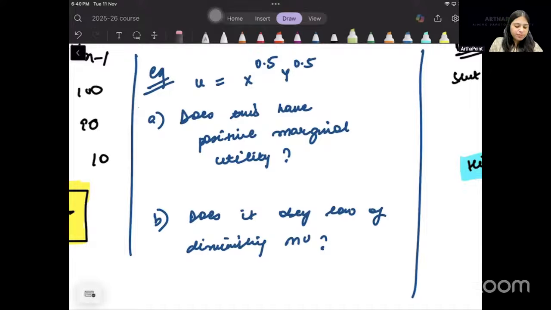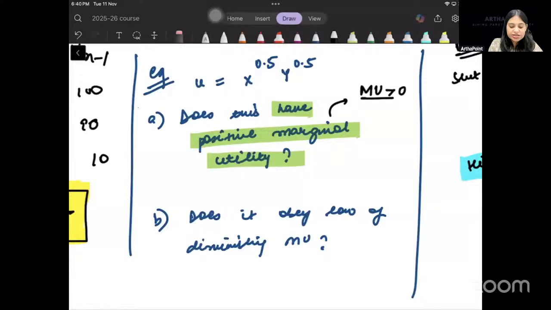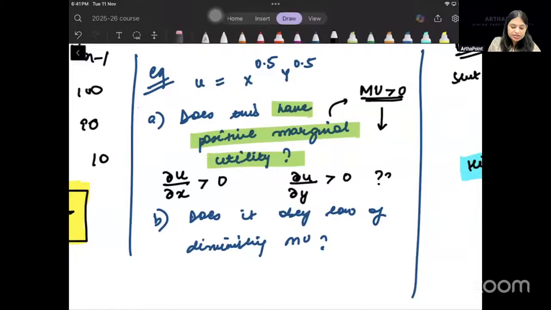Does this have पॉजिटिव मार्जिनल यूटिलिटी? माने हमें चेक करना है कि क्या मार्जिनल यूटिलिटी ग्रेटर देन 0 है या नहीं है. माने वी नीड टू चेक दैट हाउ यूटिलिटी चेंजेस एज एक्स चेंजेस. क्या ये ग्रेटर देन 0 है? एज यूटिलिटी, हाउ यूटिलिटी चेंजेस एज वाई चेंजेस, क्या ये ग्रेटर देन जीरो है? ये हमें चेक करना है। ठीक है, ये हो गया कॉन्सेप्ट ऑफ पॉजिटिव मार्जिनल यूटिलिटी, ये पहला चीज है।